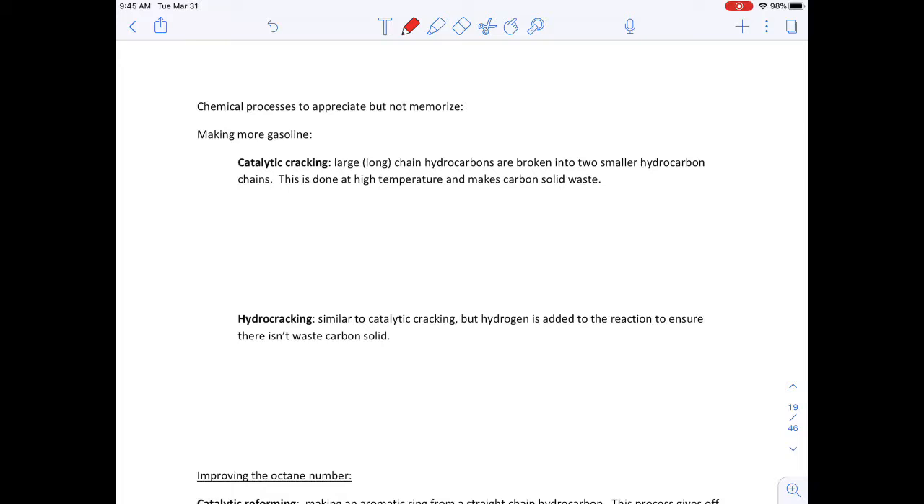Now, I want to be clear that the reactions that I'm going to discuss here will never be asked directly on a test. You don't need to memorize these, you don't need to know the name. But these are important processes for processing our hydrocarbons and meeting some of the needs in society. So I'm going to quickly go through it, but again, I would never ask you to come up with these reactions from nothing,